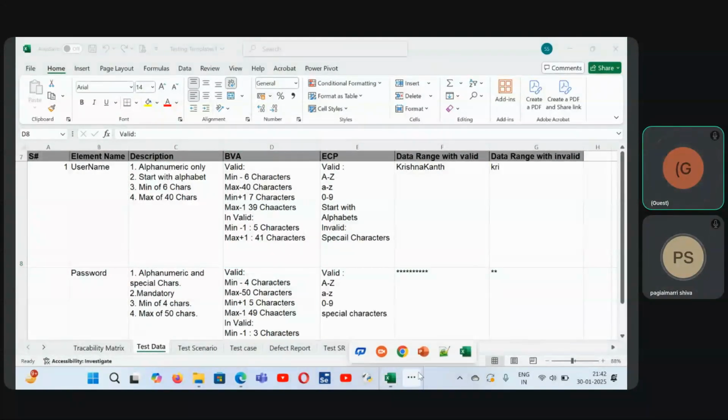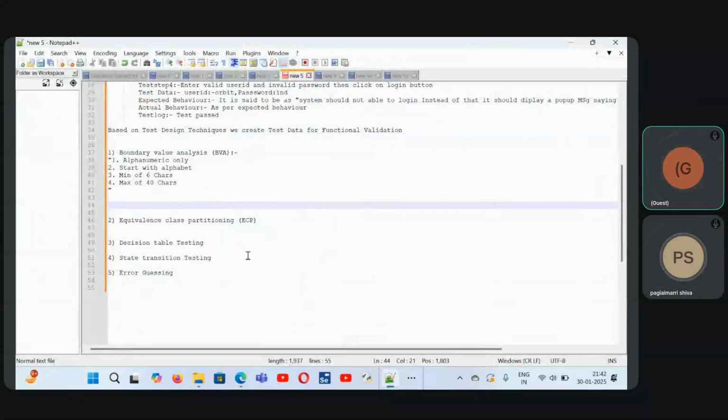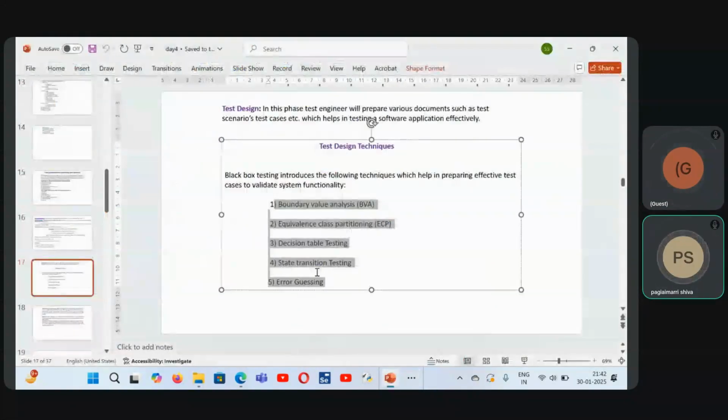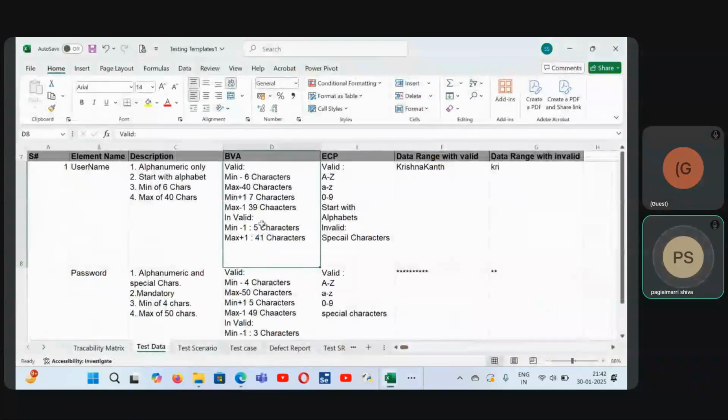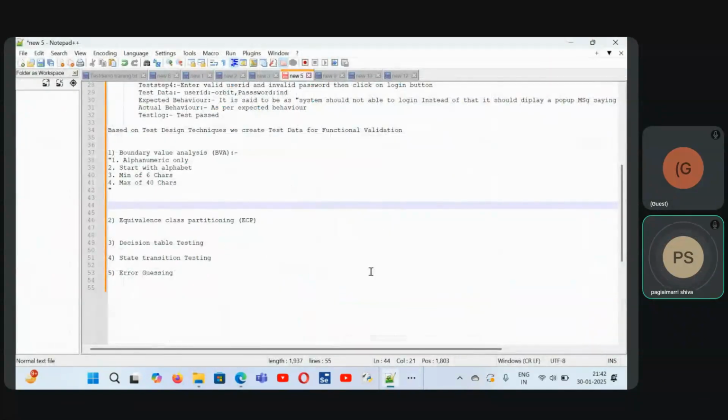It could be any number of words or any number of alphabets, depending upon the data. So this is called boundary value analysis,